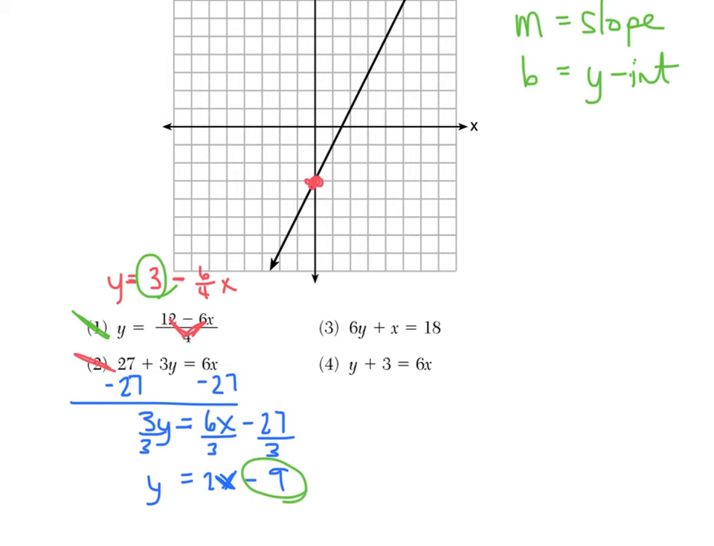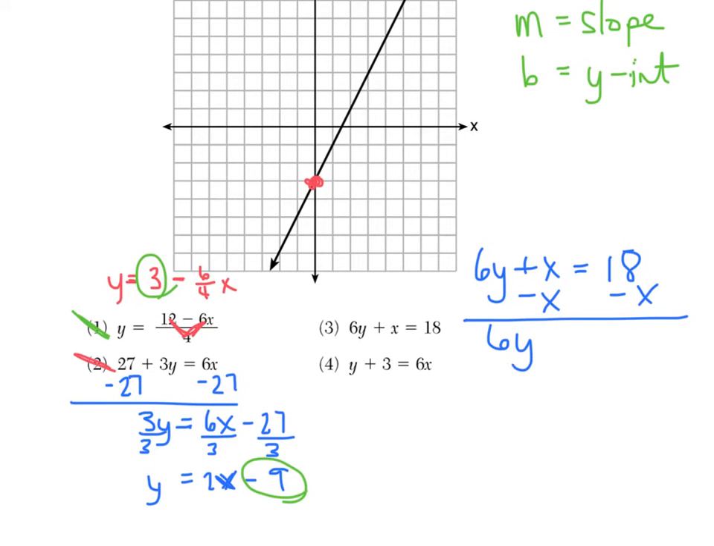All right, moving on to choice 3, 6y plus x is equal to 18. Again, I'm going to take that and I'm going to get the y by itself. This time, the term that's with it on the left-hand side is an x, so I just have to subtract x to both sides. So I get 6y is equal to 18 minus x. Divide by 6, and when I do that, I get y is equal to 3 minus x over 6, okay,